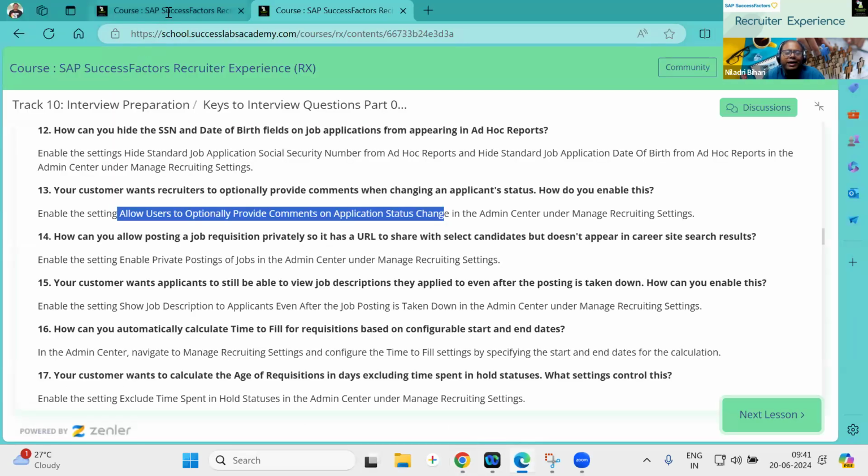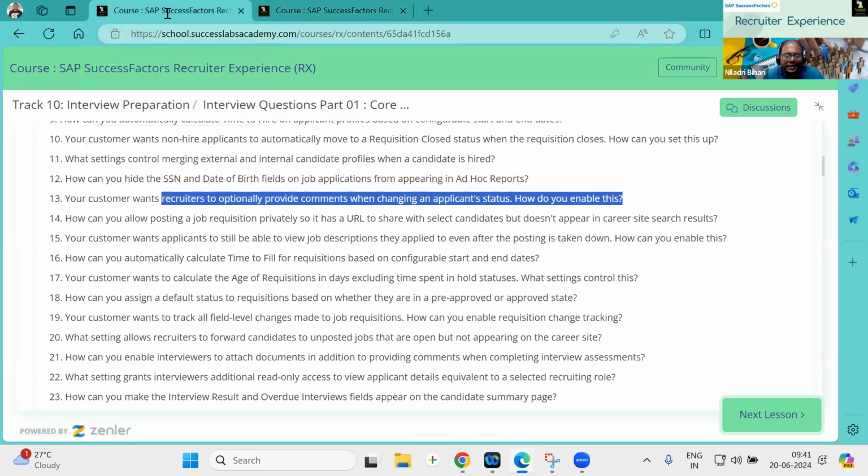I have asked this question in a very detailed way. You may or may not get this detailed level of questions, but it's good to know. This is also practical. I went through an interview process about six years back, with a German-based company, and they asked me similar questions. They gave me a system and asked me to showcase which things you have to enable. That rarely happens in typical interviews. Generally, we're not given system access in the interview process, but this is the worst case. So it's good to know all these things.